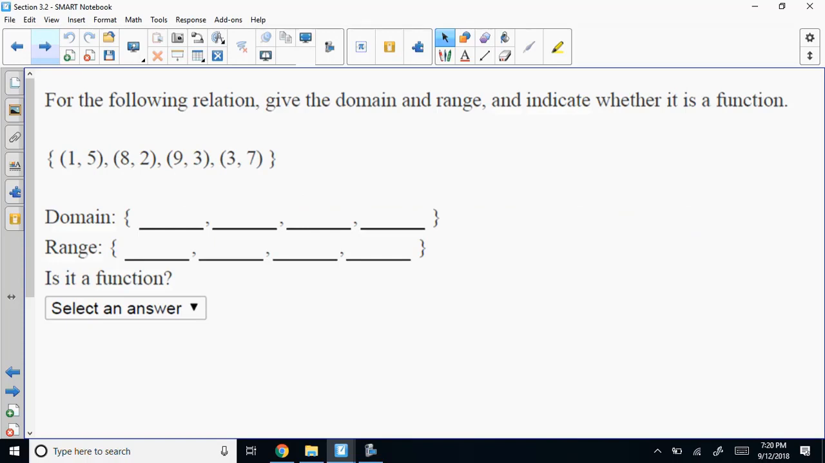Okay, so if we look at this one, it says for the given relation, and the relation is a set of ordered pairs, right? Give the domain and range and indicate whether it is a function. Well, first off, in order to tell whether it's a function, our x's cannot repeat, right? So I got a 1, I got an 8, got a 9, and got a 3. I'm good. This baby is a function, right? So if I do the domain,